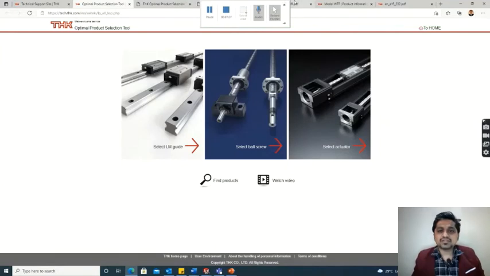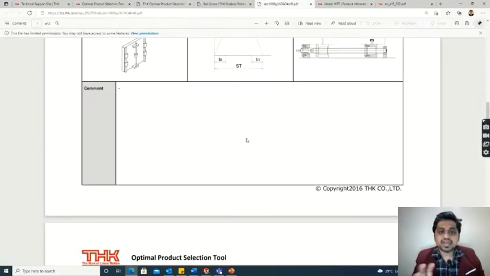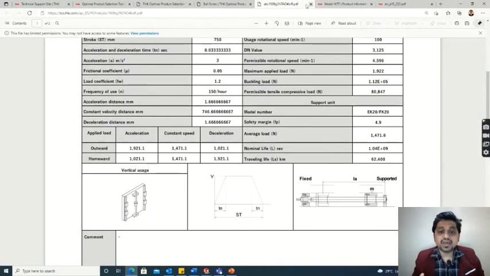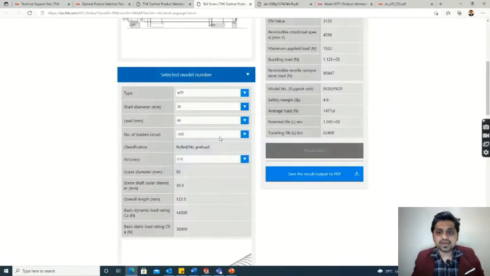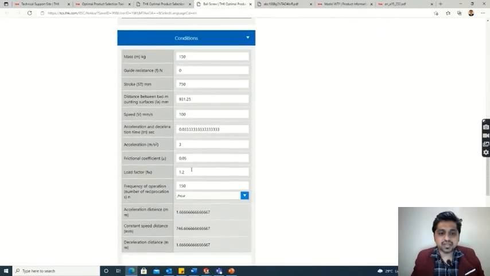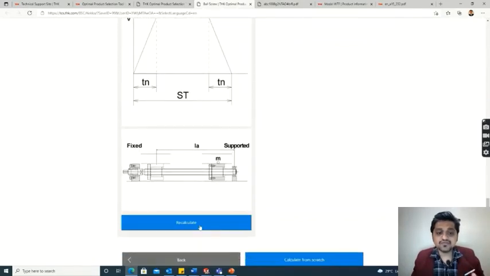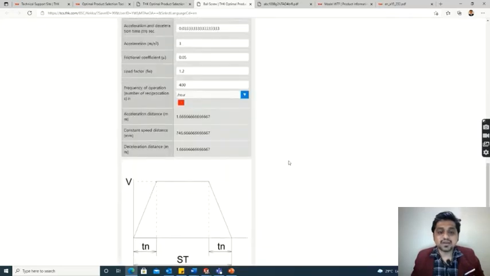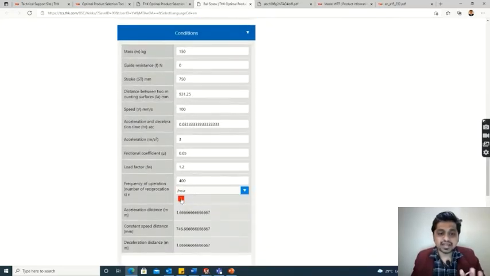Now let's see how it will appear if there is an error in the comment. For that purpose, let's take an example. Now I am closing the previous file, and let's go into this file, and now I am giving 400 cycles per hour frequency. As soon as you give 400 cycles per hour, you can see a red mark has come up over here.